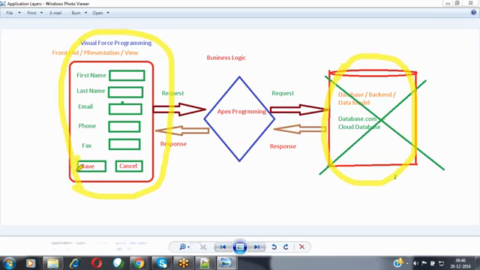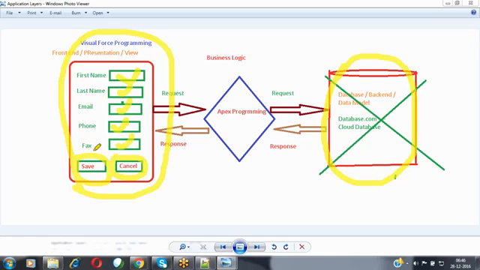In this graphical user interface, we have buttons available: a Save button and a Cancel button. After entering some data inside the fields, as soon as you click the Save button, the record has to be saved inside the table. Then how will this graphical user interface know which database to interact with, which table to store the data in, and which columns to store this field's information in? It doesn't know all these things. This graphical user interface does not have that much intelligence.